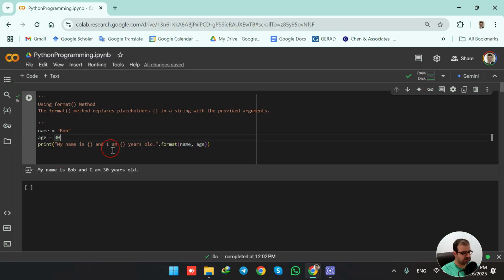I would like to print the message in the output. So I type down "my name is" with empty curly braces, and "I am" with empty curly braces, "years old", and then I close the quote. After closing the quote, I use dot and I call the format function, and in parentheses, because I was having two curly braces, I type down the names of the variables that I would like to be inserted in the curly braces respectively. So for "my name is", I would like the name variable, Bob, to be inserted in the first one,